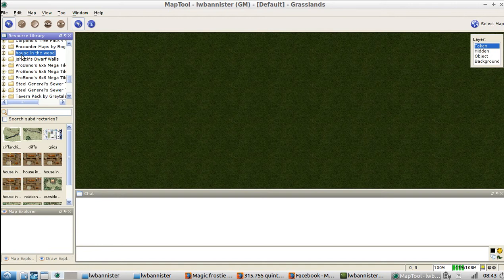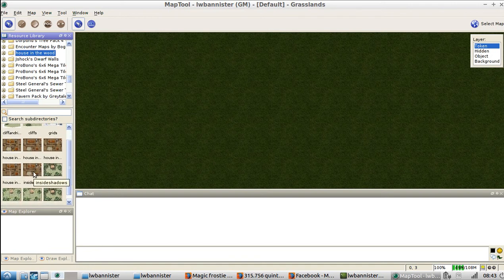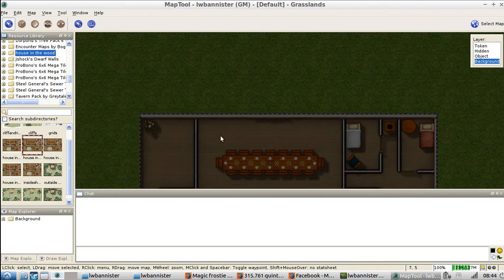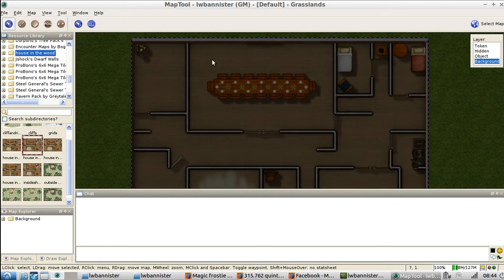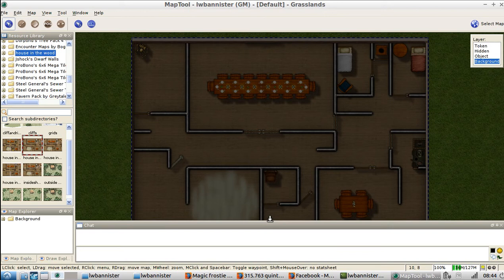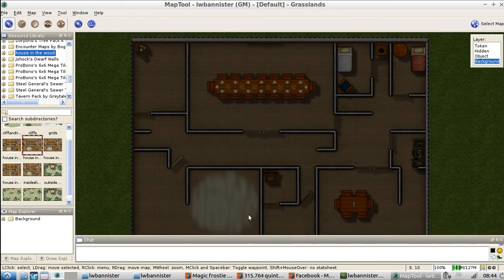Okay, so you can see all the maps that are located in that directory, and I've already scaled one to make it easier. That's what it is. So you just drag that across. Now the important thing is have the background layer selected. If it's not the background layer, it just gets a bit awkward and you don't get to see grid lines over the top. So you drag that on there, and then right click and just drag it around. So you drag it where you want it to be on the map,